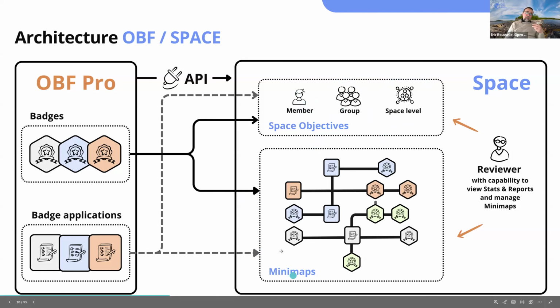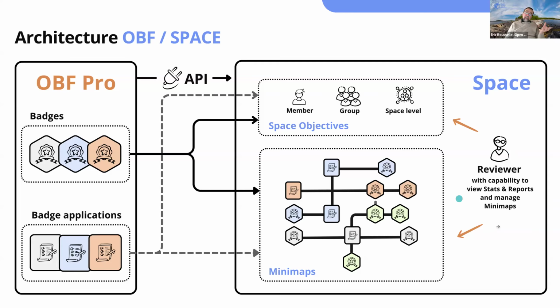And based on these badges, you can also build what we call minimaps, which are graphic pathways where you can connect different badges or badge applications, and then you will be able to present these pathways to your learners, and also follow and track what is happening in these pathways.